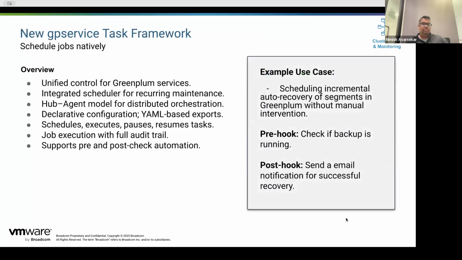All right, I did mention previously, so I'll reiterate: in the latest Greenplum 7.5 and 7.6 versions, we now have a GP service task framework, which means you now have a way to natively schedule auto recovery or any other forms of maintenance tasks, for example. Like if you want to run vacuum on a particular set of tables or the database at a particular point of time, you can now do that using the GP service task